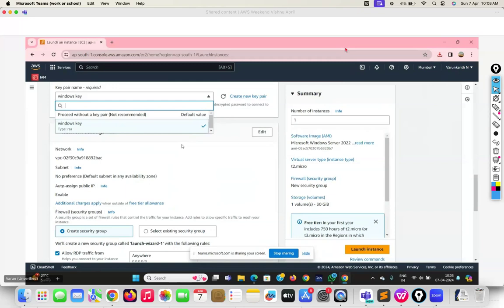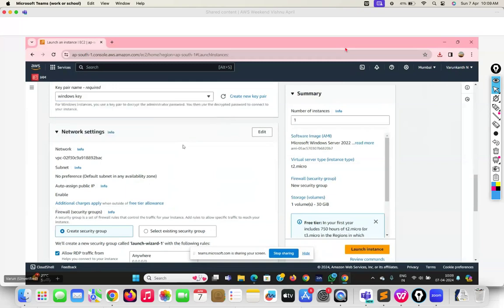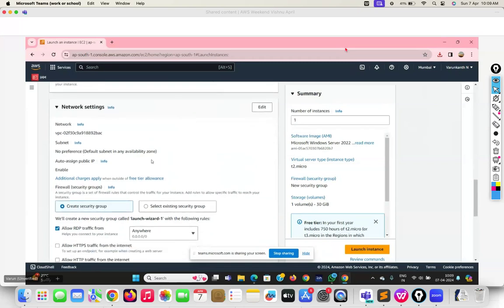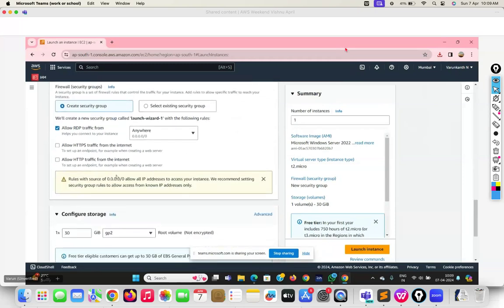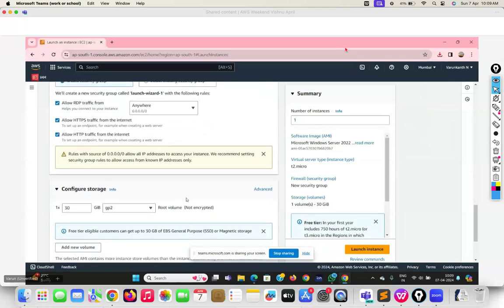Next, network. Under network, you have security groups. I can choose a new security group, or I can also choose an existing one. Let's leave it as it is. Scroll down. Let's allow HTTP and HTTPS traffic. Imagine you're launching a web server. A web server obviously needs HTTP traffic allowed, right? And I can see allow RDP traffic from anywhere, which means I can remote desktop to my PC from anywhere,